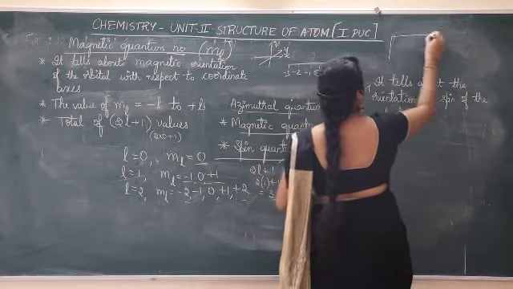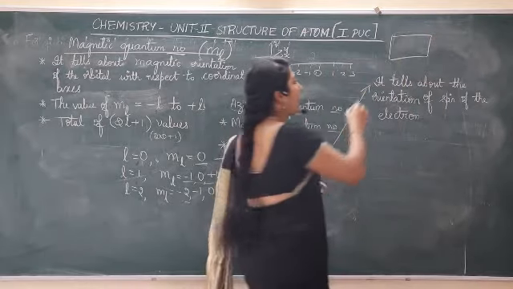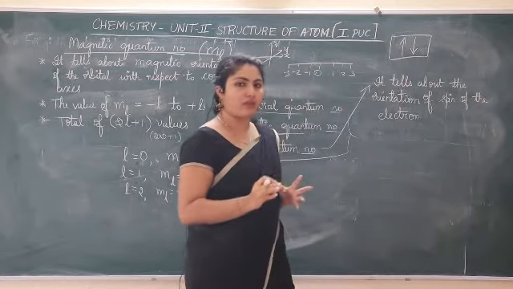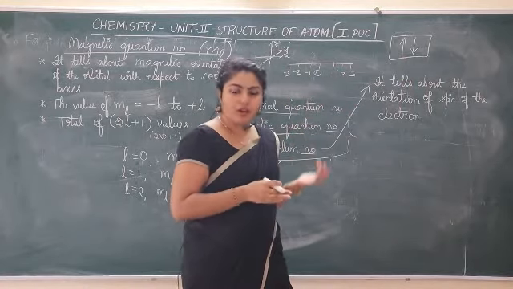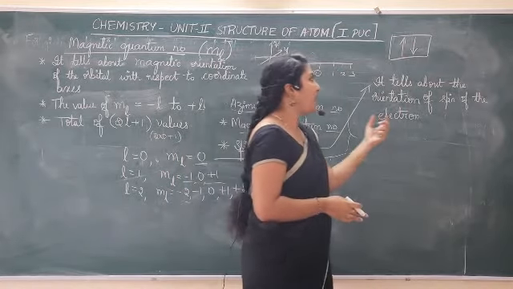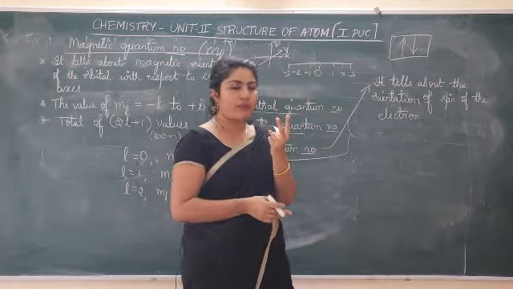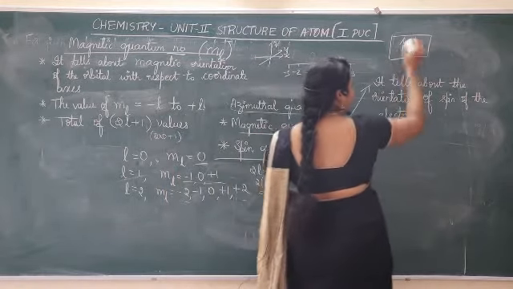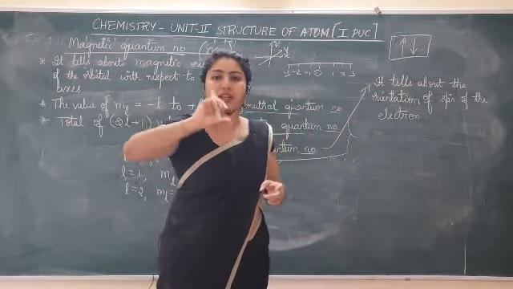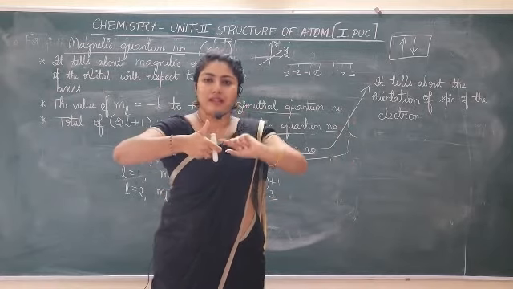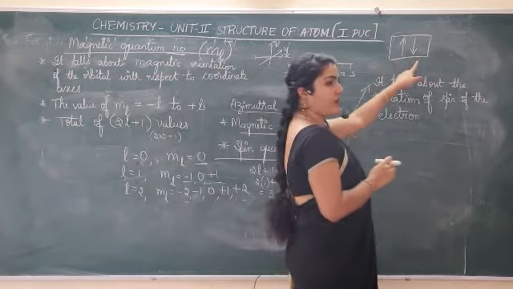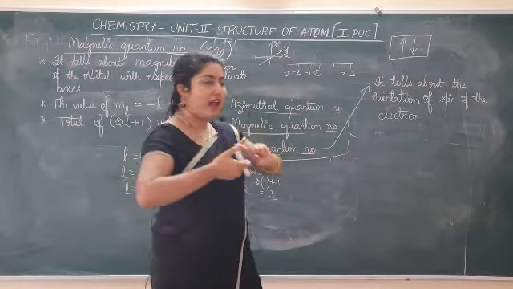You remember when we write electrons, we write it this way. One we write as upward arrow mark, one downward arrow mark. I'll tell you how to write this, okay? If it is not taught, then I will teach you, don't worry about it. When we write electrons, if 2 electrons are present in an orbital, we write one upwards, one downwards. If one electron is spinning in one direction, the other electron in the same orbital will be spinning in the opposite direction. One upwards, one downwards means opposite spins are present.